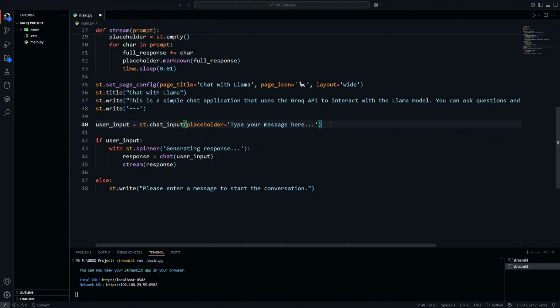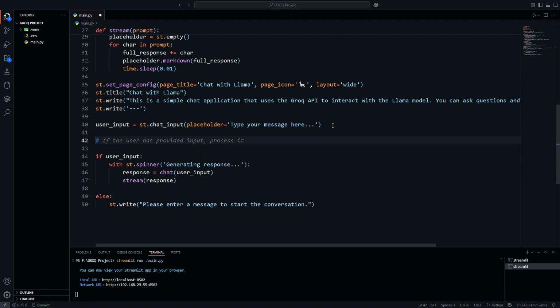To actually see our chat history, we will use a Streamlit function known as chat message. This will automatically style our messages into nice chat bubbles, which we actually see in our modern apps like WhatsApp, ChatGPT, etc. So what we need to do is come down to the user's chat message, and we are going to